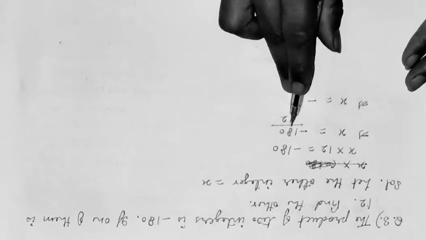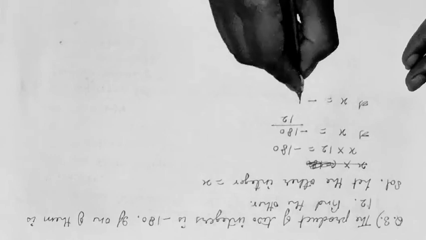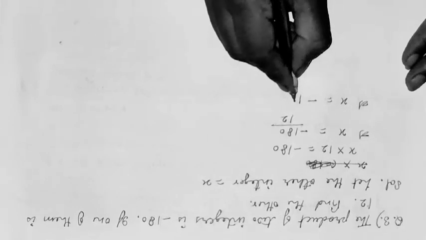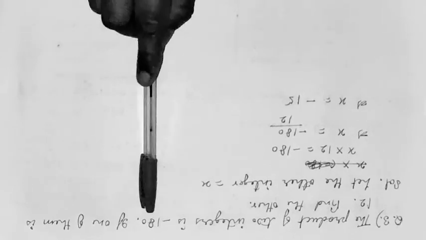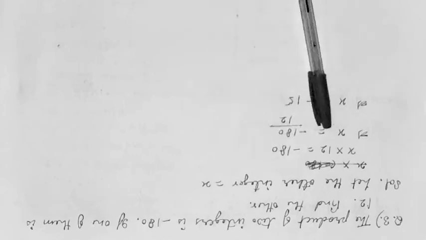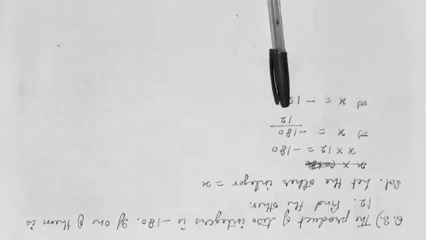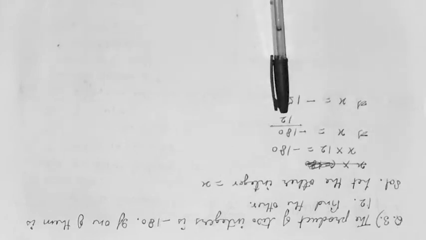One number is positive, the other is negative. So the sign of the quotient will be negative. Minus 15. So the value of x is equal to minus 15. So this is how we will solve this type of question when the product of two integers is given and one integer is given. To find the other integer, I have taken it to the right hand side. Because we are multiplying it here, now here it will be divided.